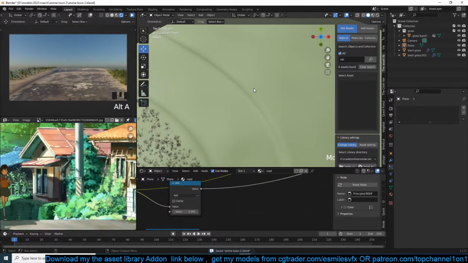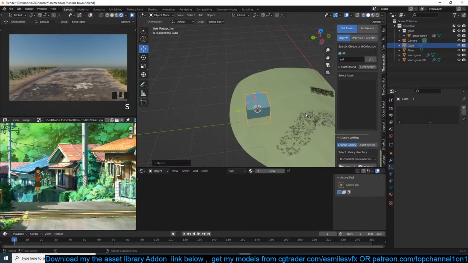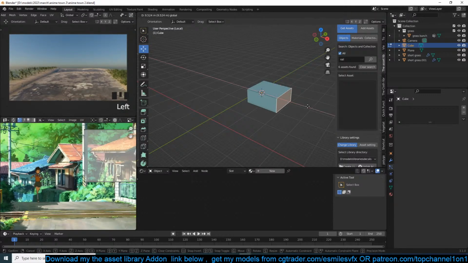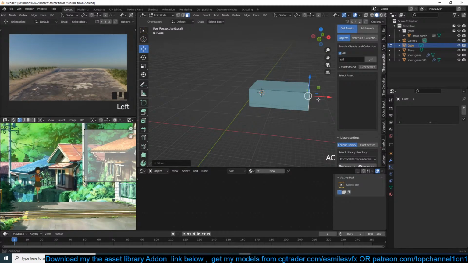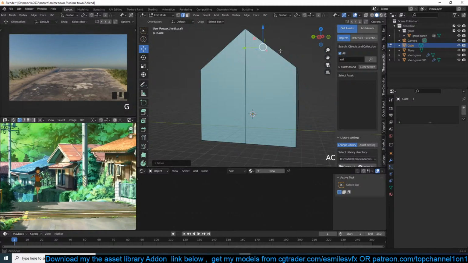Okay, let's do this house. Keep getting distracted. So for this house, having 2 or 3 buildings is enough to feel like you have done quite a lot. So let's make at least 2. So add a roof, then